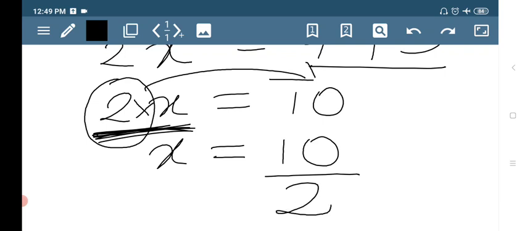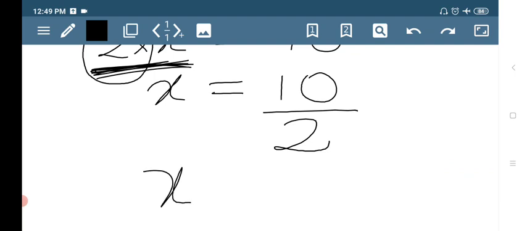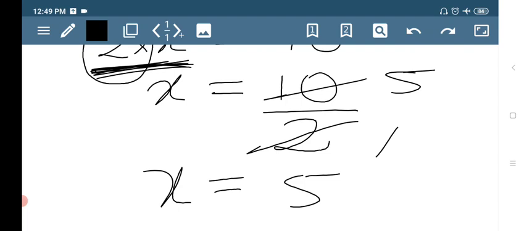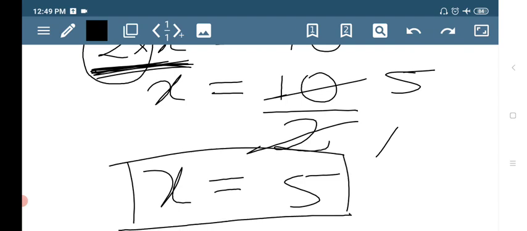Multiplication becomes division. So x is equal to 10 by 2, 2 fives are 10, x is equal to 5. This is another method of solving. Okay,